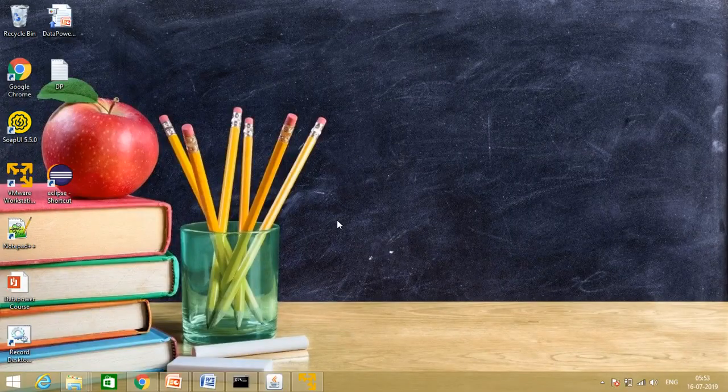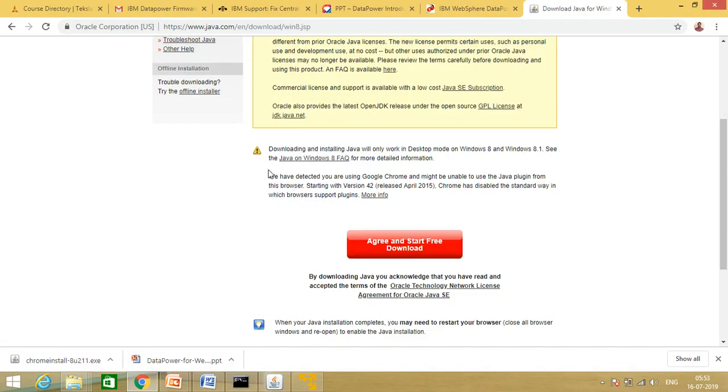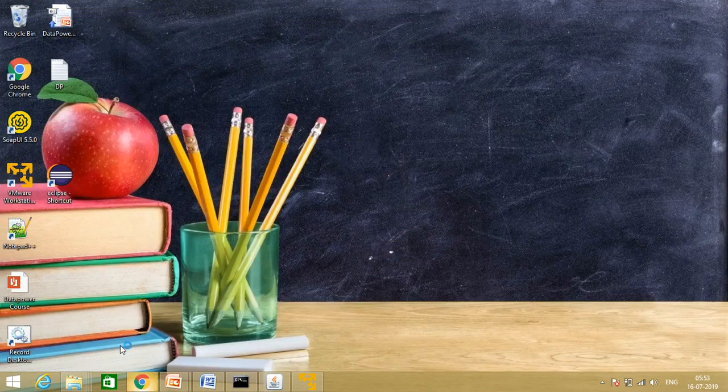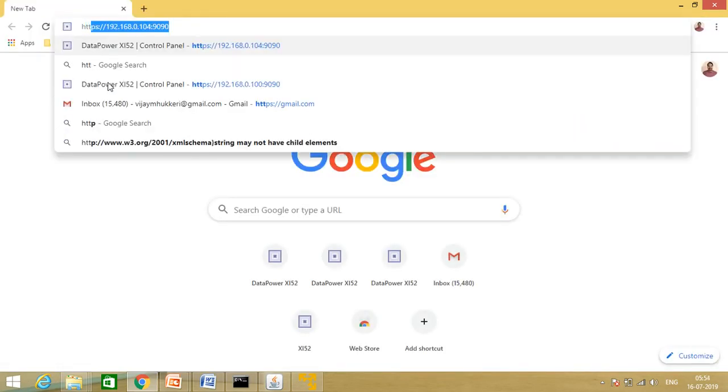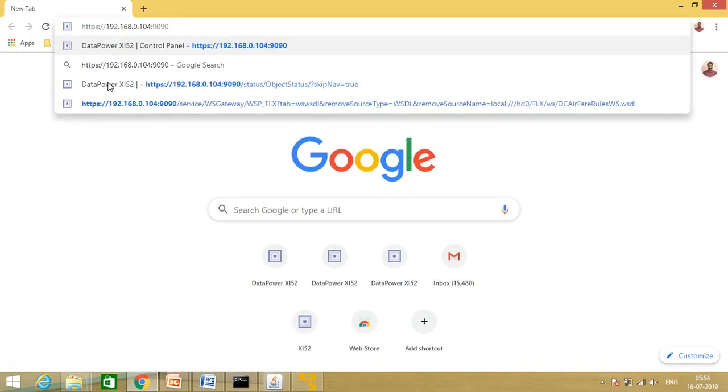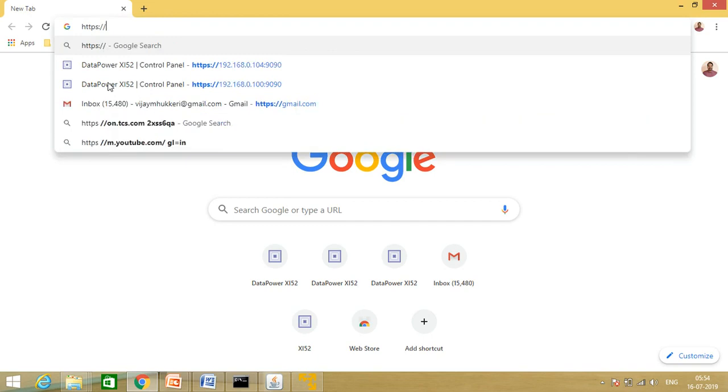Now just minimize this and go to Google Chrome. Initially it starts with HTTPS. So HTTPS, and what was the IP address in the virtual machine?